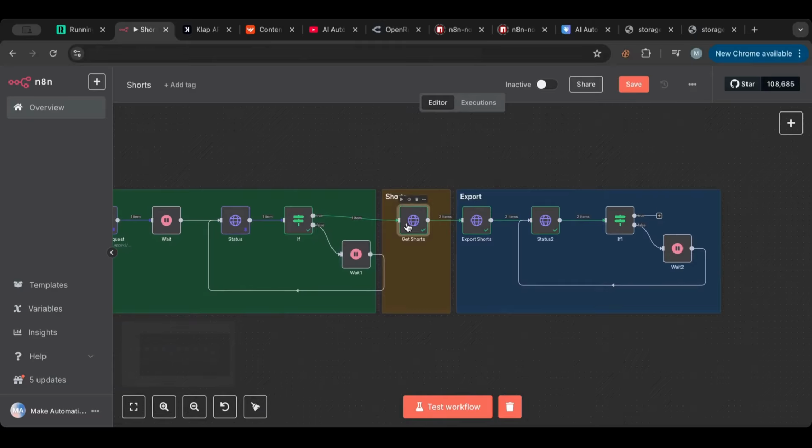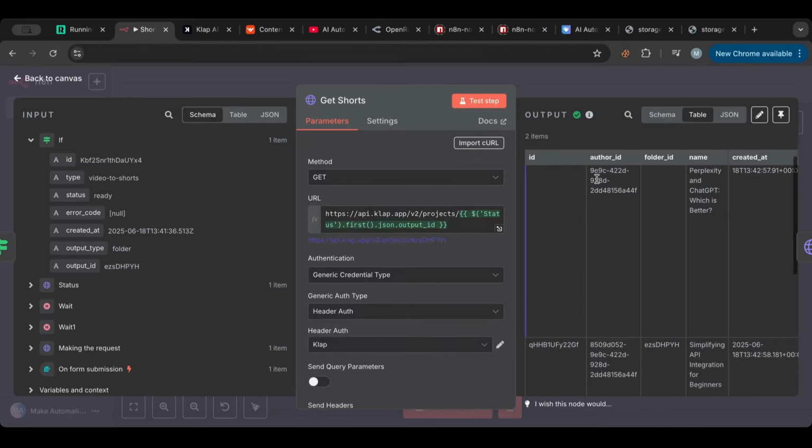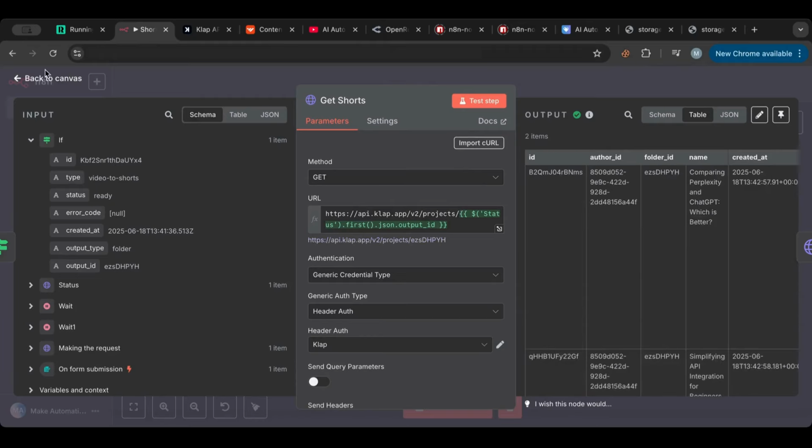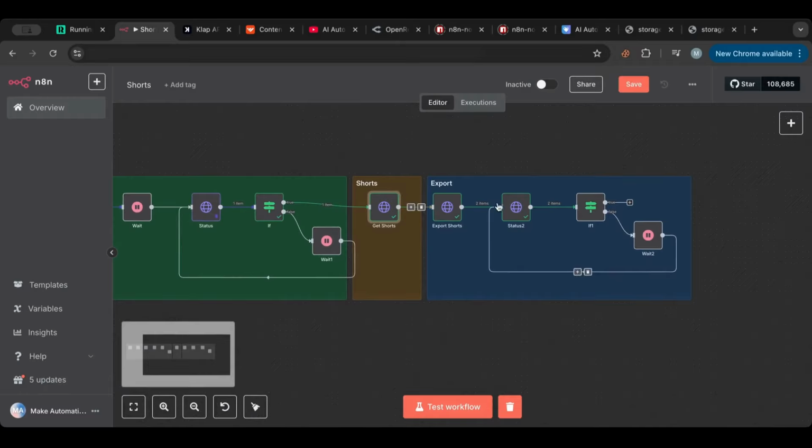So after that is done, we need to get the shorts from this request. So we will do this endpoint, and we will specify the output ID. This is a get request because we're just getting how many shorts we got. And here is the example. We got 2 shorts because we specified that we needed 2 shorts in the beginning. And then we need to